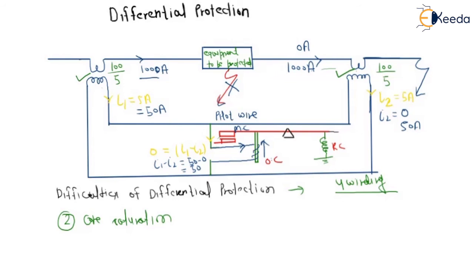Let us assume this one gets saturated at 995 ampere, and this one gets saturated at 1000 ampere. And let us assume a fault outside this zone, outside this relay. Then this will produce according to its saturation level of 995, and this will produce 1000 ampere. So there will be a difference of current, and malfunctioning of the relay is possible. These two are the major drawbacks of differential protection. For that we are going to study percentage bias differential protection.